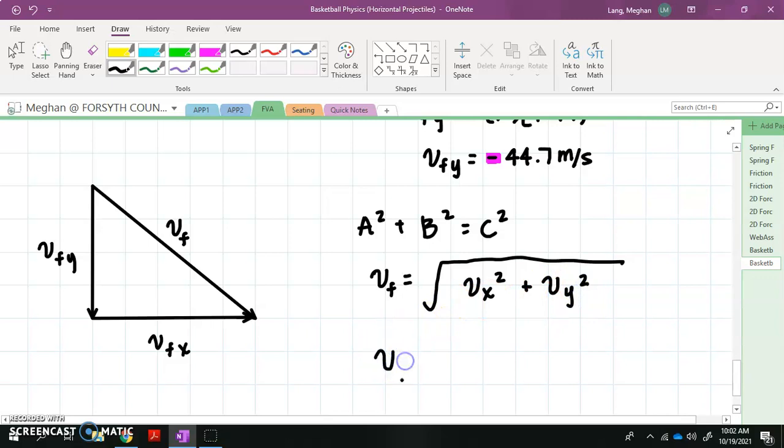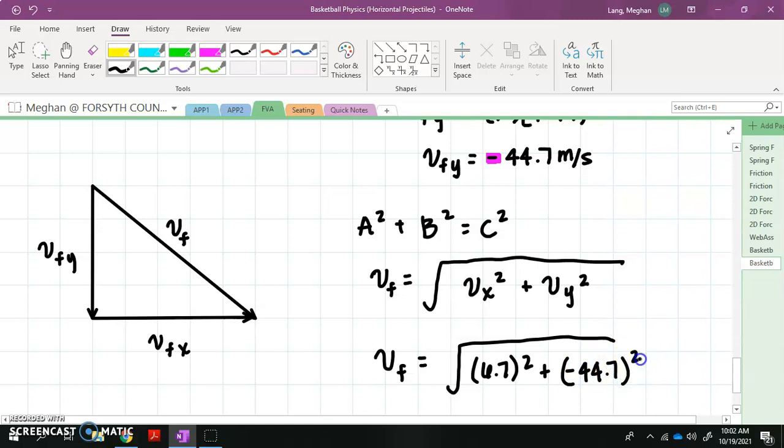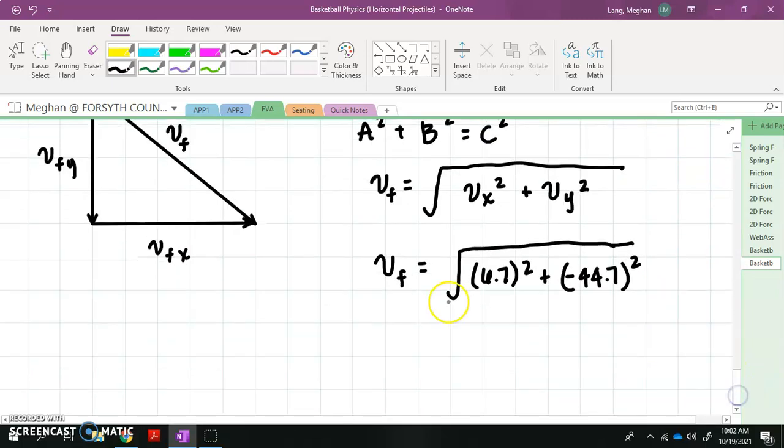So our final velocity is going to be equal to the square root of our 6.7 squared plus our negative 44.7 squared, okay? But when I square root a negative, it becomes positive, right? So our V final here is going to have a magnitude of